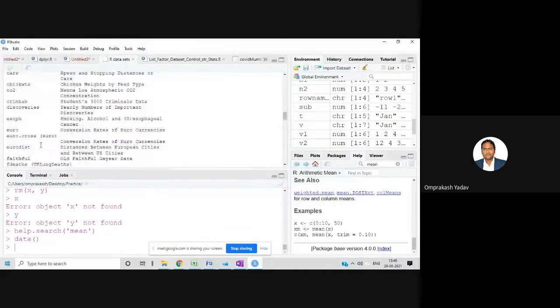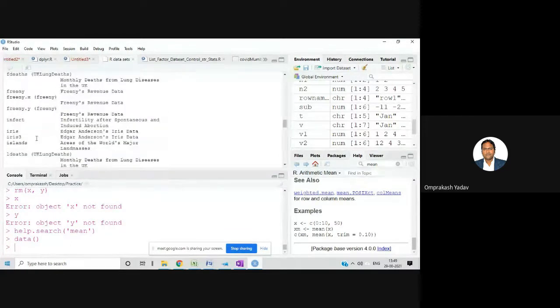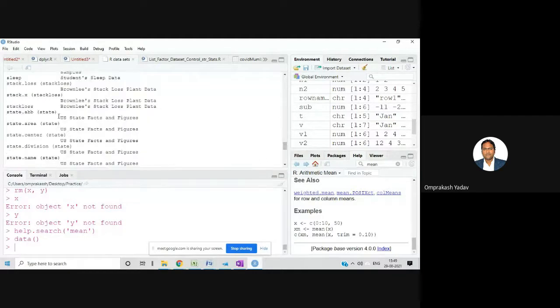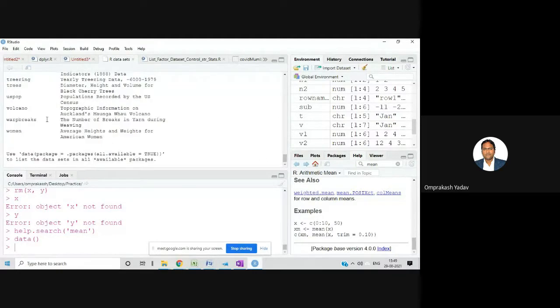Similarly, somewhere the iris data set will be there. See, this iris data set is there, which we are definitely going to use in statistics. So like this, there are so many data sets. These are the inbuilt data sets, and once we fire this data command, all the inbuilt data sets which are available, it will show you.